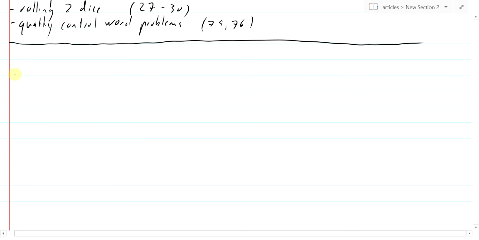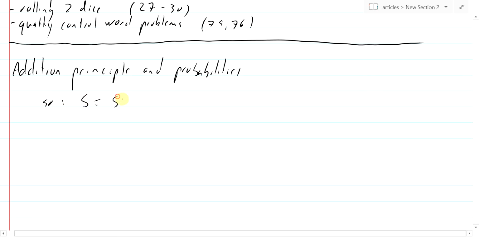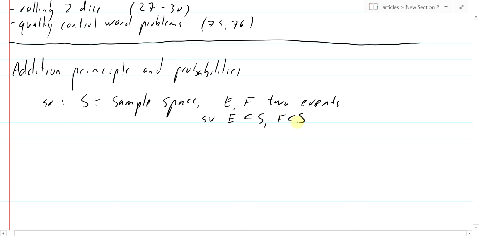Okay, so first a little definitions. So addition principle and probabilities. So we'll set S to be our sample space, and E, F are 2 events. So E is a subset of S and F is a subset of S. Right? Sample space, this is all stuff that can possibly happen. E is some of the stuff that can happen. F is some other stuff that can happen. And we know